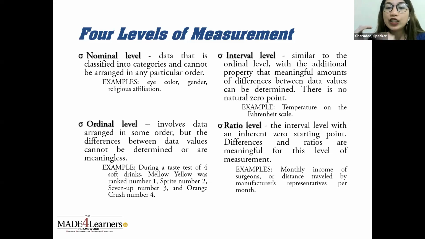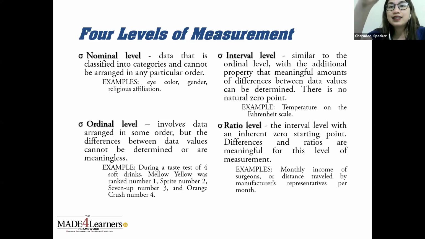So there is already an additional property that the meaningful amounts of the differences between data are determined, but the difference with interval to ratio is that it has no natural 0 point. Example, temperature in a Fahrenheit scale. So example, 37 degrees, and then there's a gap with 36 degrees, so a 1 degree gap, and